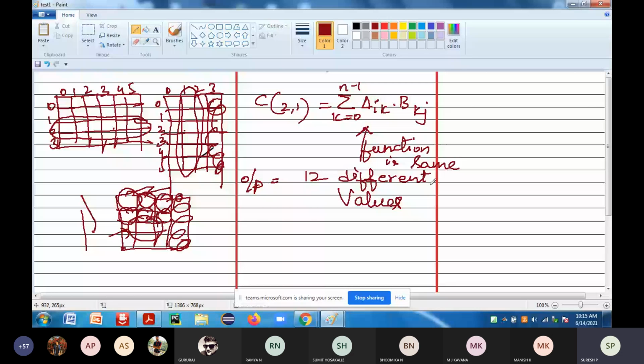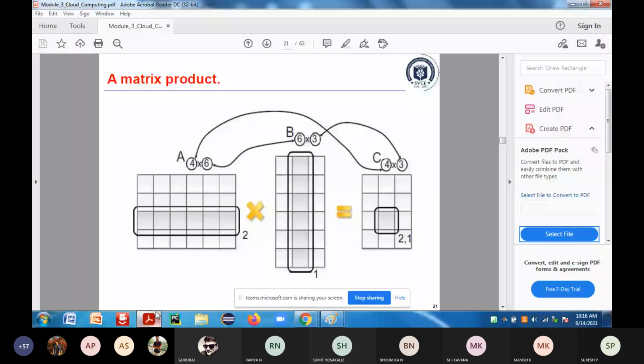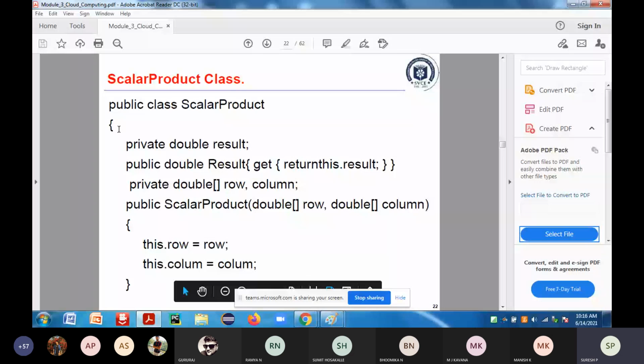In your .NET framework, or even if you are taking a Java program, it is going to provide you some set of libraries. The System.Threading Thread class it is going to provide. It is going to have a function pointer, which will call that particular function. So they are going to make use of that function. So you are going to have the public class ScalarProduct. This is one of the classes. I think you have gone through the basics of Java in your first year. So you know how to, in your fourth semester, I think.